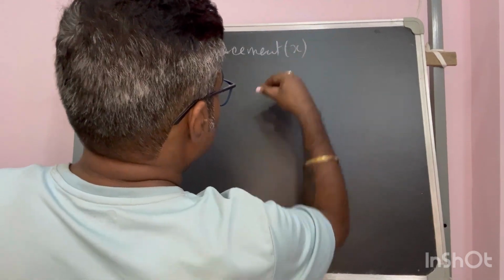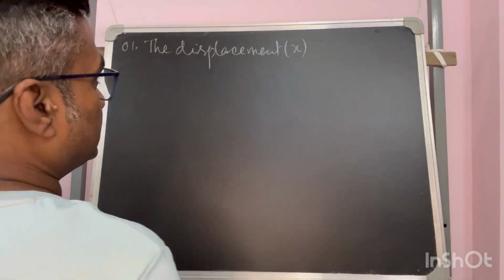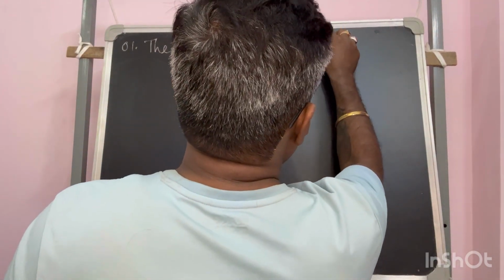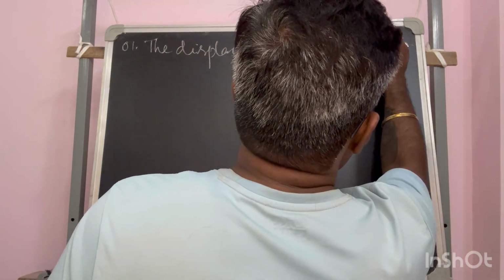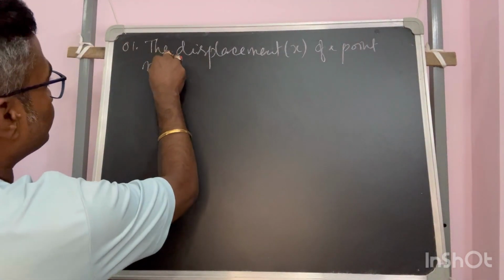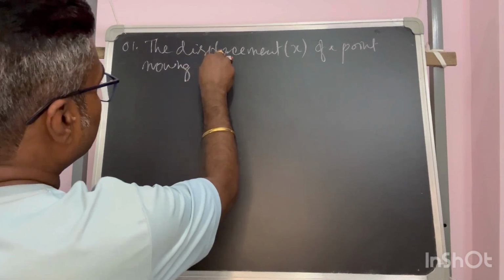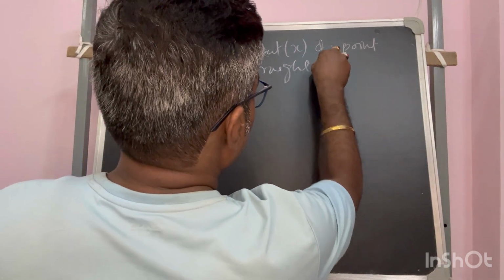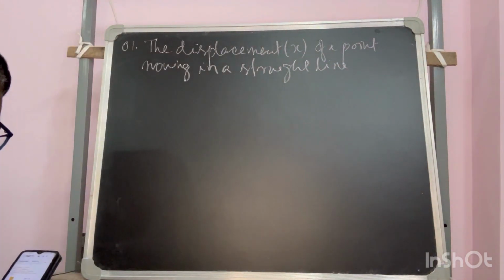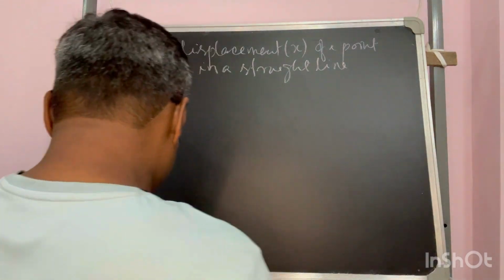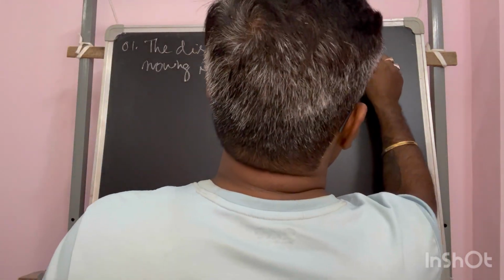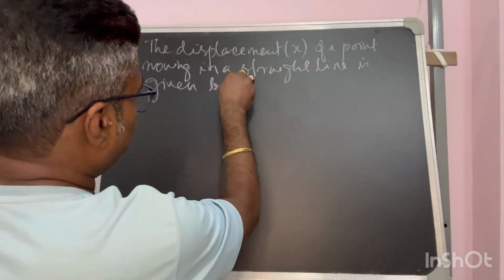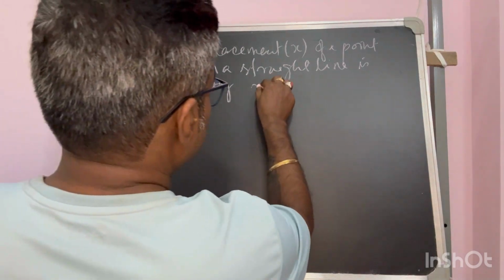Displacement is represented in the form of x. The displacement of a point moving in a straight line is given by x is